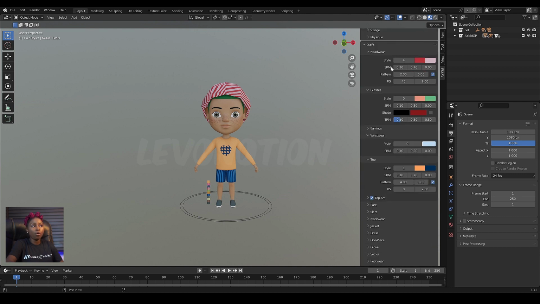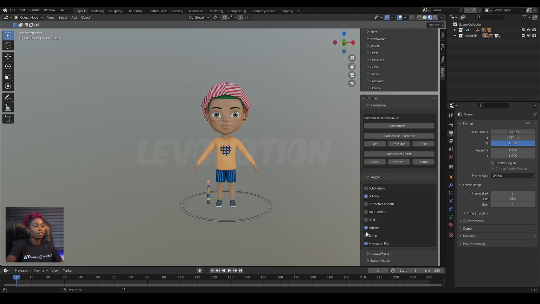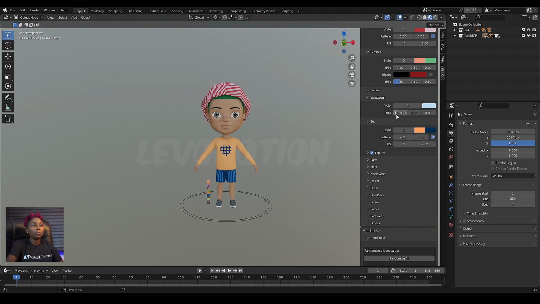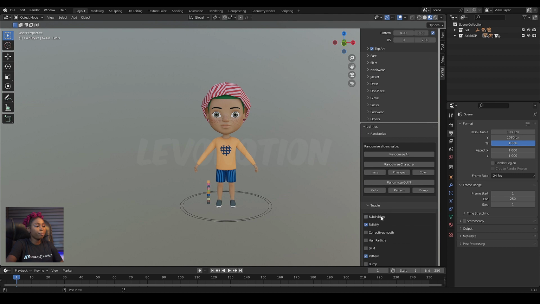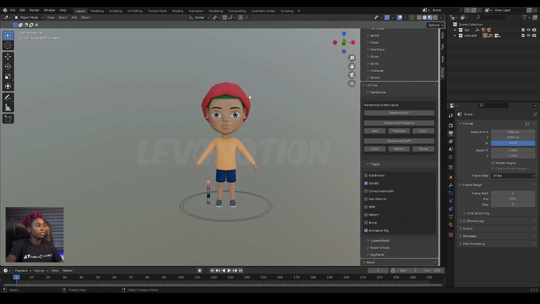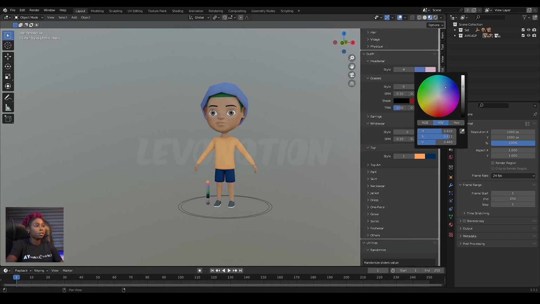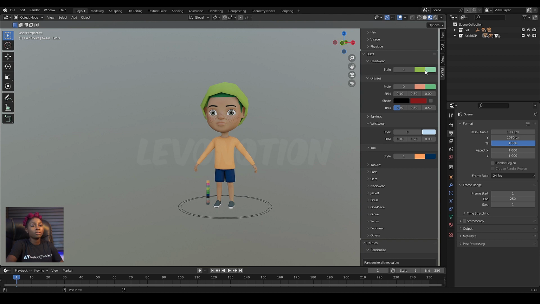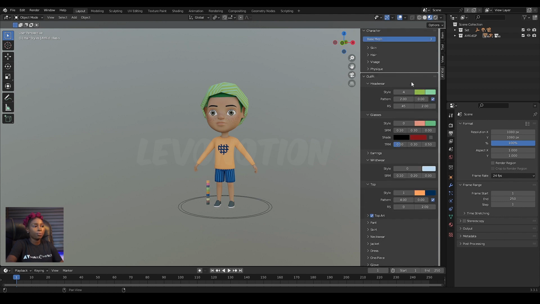You can switch this off by coming down to the toggle panel and switching SRM off. This will clean up your interface in case you don't really use it. You can also toggle off pattern. When you toggle off pattern, you see the pattern is deactivated from the outfit, so you only have the color to deal with. Even if you change the second color, it's not going to change because it's not active. So let me switch the pattern back on, and now we have the pattern.